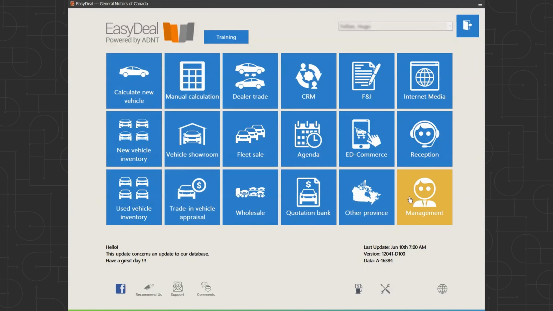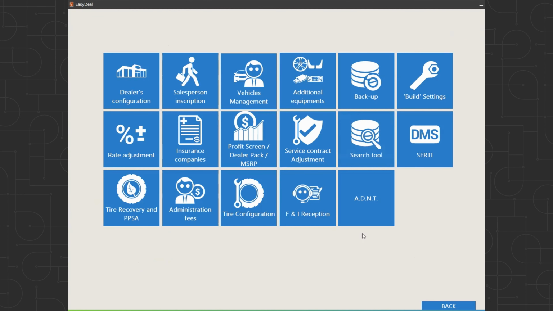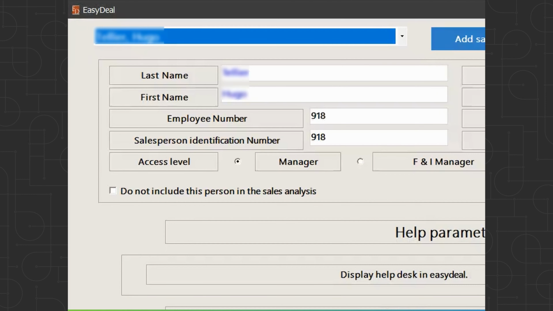I'll show you how to activate this with your users. We'll go into the management menu in the bottom right corner, then we'll select Salesperson Inscription. Here, you'll choose the specific users, typically your sales advisors, who will have to create customers in the CRM and